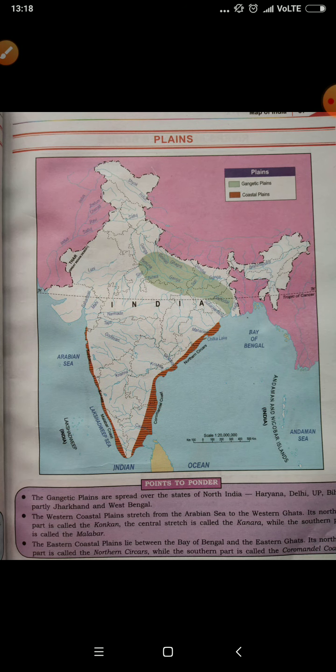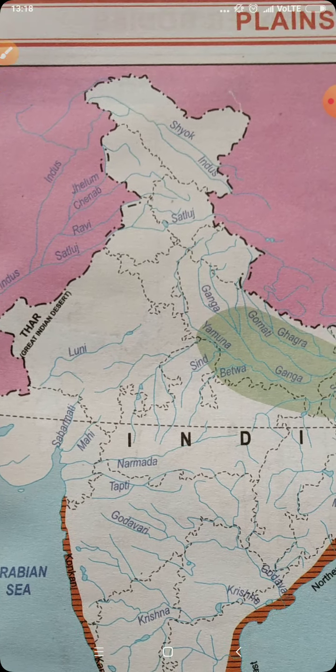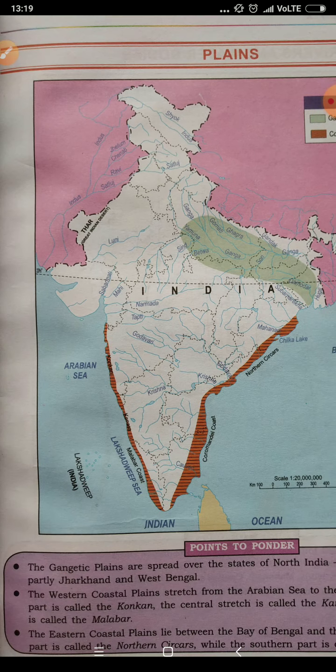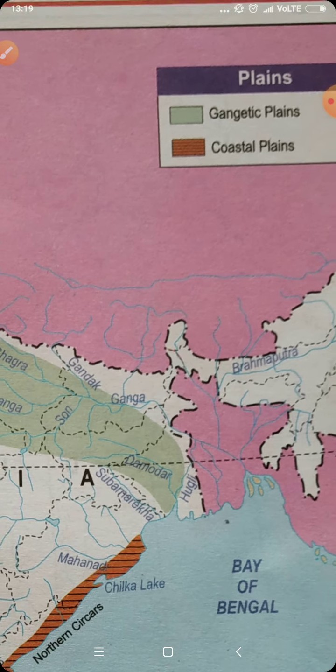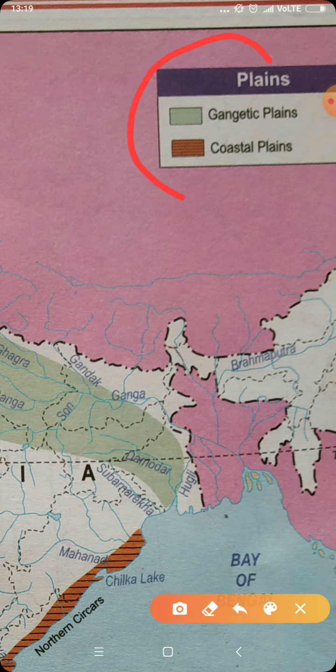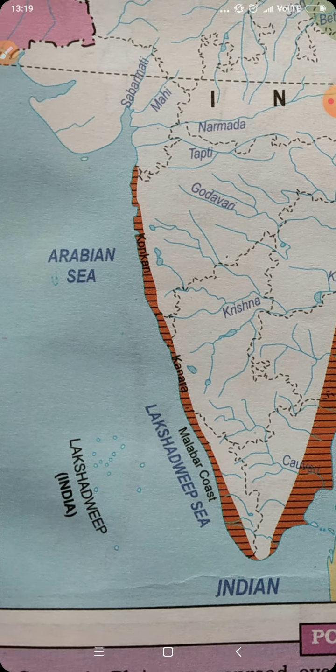Then coming to plains. In this map you see how different plains are shown. I hope you have made an outline map, buying one from the market, or you can take a photocopy of a plain outline map and fill it with a light, thin pen to show how different rivers are shown. Keep in mind, you can show the Sea also, which is shown here. You can generate it in this way. Then there are other rivers also present. Those rivers you can also mark.